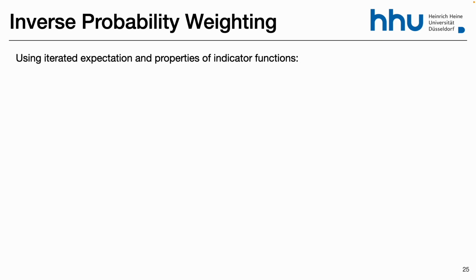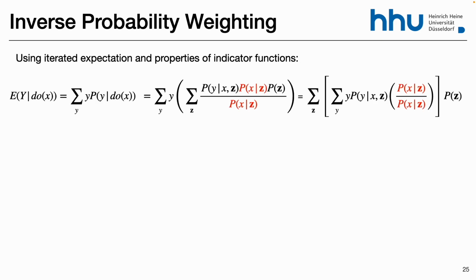And I don't know if you are interested or not, but I have a proof here. I couldn't find this proof anywhere, because most of the time the proof is in terms of counterfactuals, since it comes from the counterfactual literature. I would like to provide a proof following just the probabilities, the do operator, so under the interventional distribution. It's not that hard, but maybe it's not that intuitive.